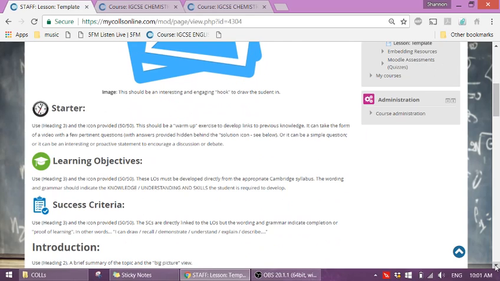Then every lesson should start with these 3 elements here, as you can see: the starter activity, the learning objectives, and the success criteria. So your starter activity is like a little warm-up exercise. It can be a link to previous knowledge. I often for my starters, I say things like think back to the last lesson and note down a few things you can remember, or watch a video, or go online and Google the topic and see what you can